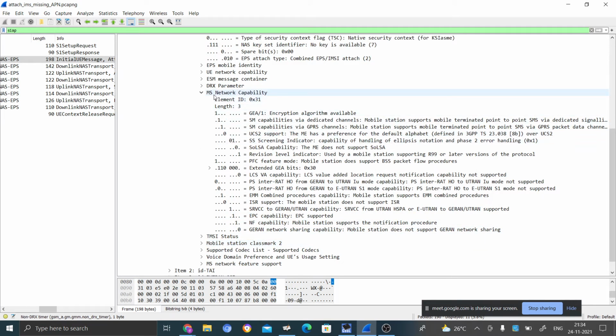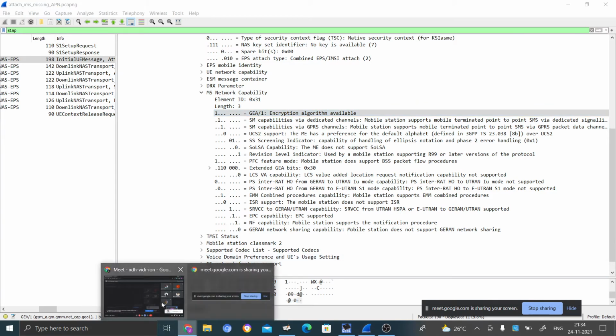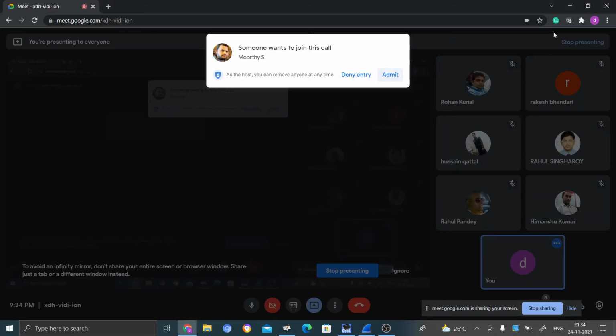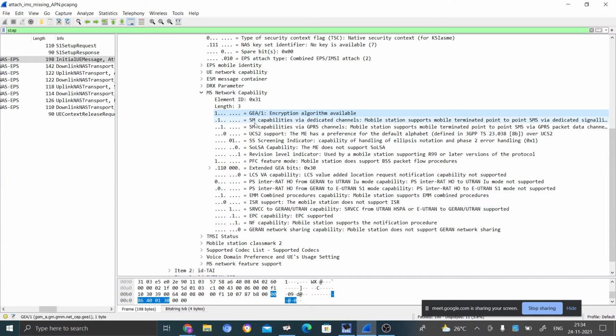And also EMS network capability means mobile equipment network capability, right? Encryption algorithms, what encryption algorithm it supports. Then, right, mobile station supports